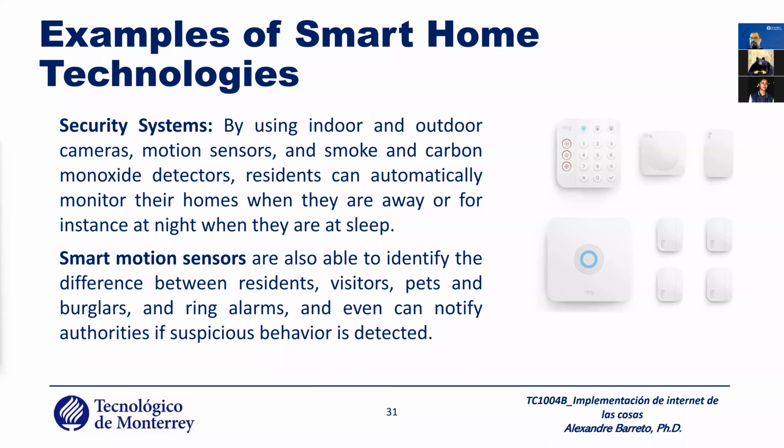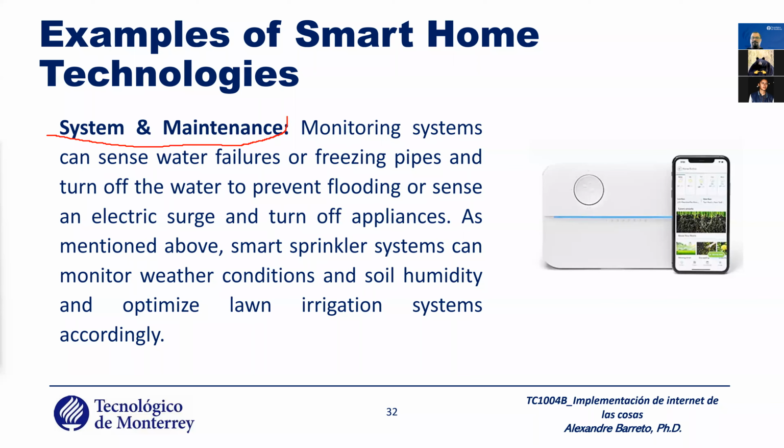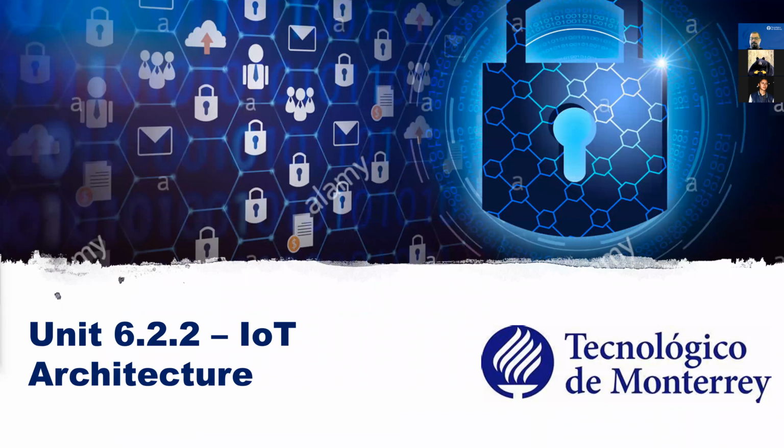About the security system, I already told you. Another one is smart motion sensors. Most of the time they are connected with the security system. One of them is not so common in Brazil. You have a few companies that provide this service, for example, for cars and for houses. The system is monitored externally by a third-party company, and the third-party company identifies when you need to replace or refill filters or to do some maintenance in the system. Okay, it's one other example.